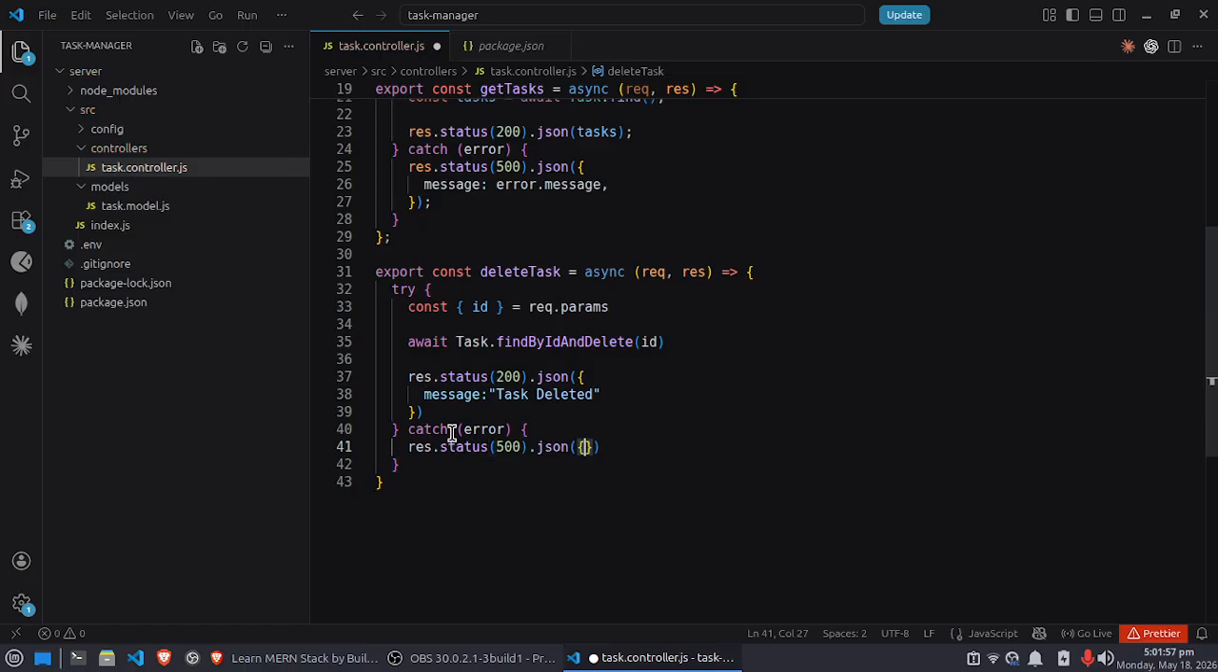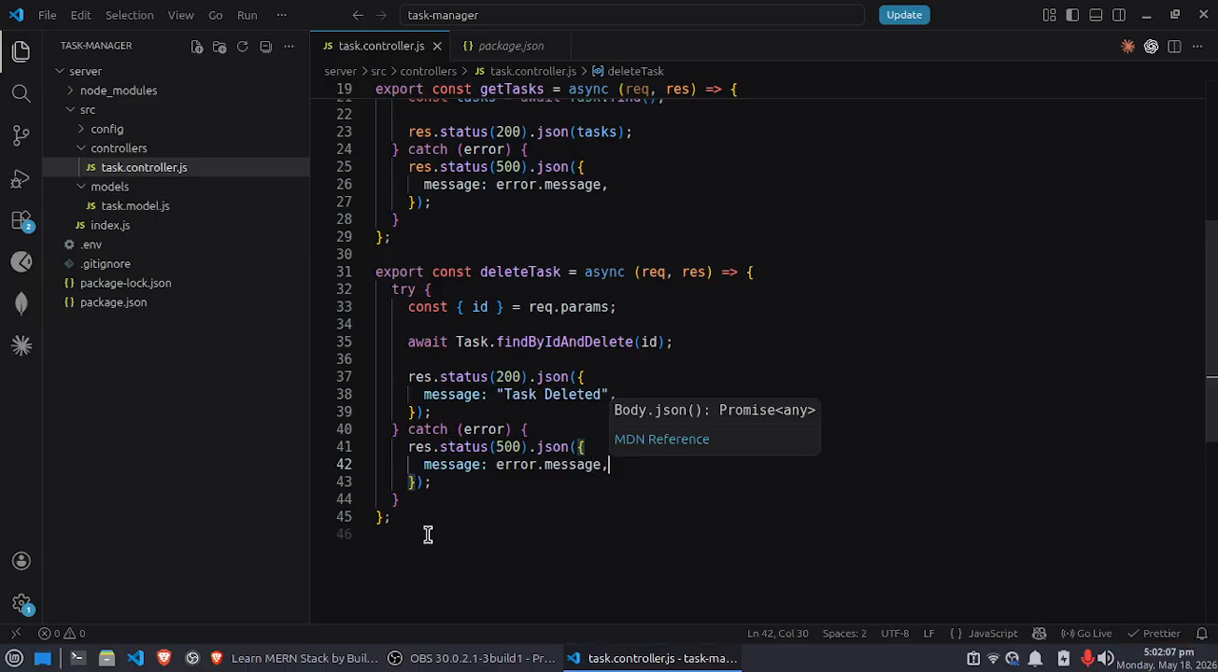In this, give the value error.message. So this is just a delete task function. Here, const id is the new thing for you. When we want to delete a specific task, we need to know which task we want to delete. So we pass the task id in the URL like